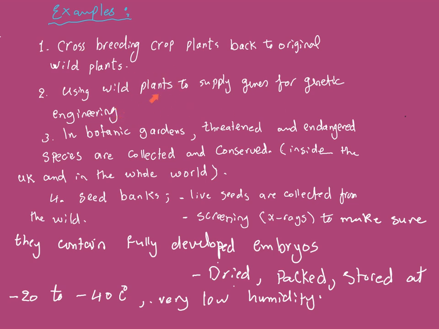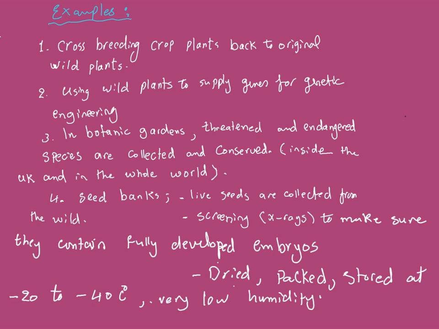So wild genes are a very good source of genetic diversity that can be used later on for genetic engineering. In botanic gardens, for example, threatened and endangered species are collected and conserved inside the UK and in the whole